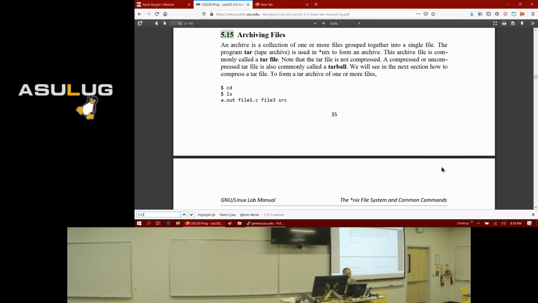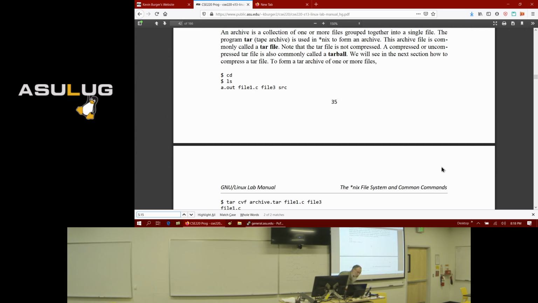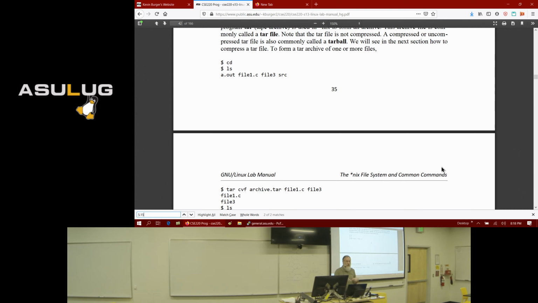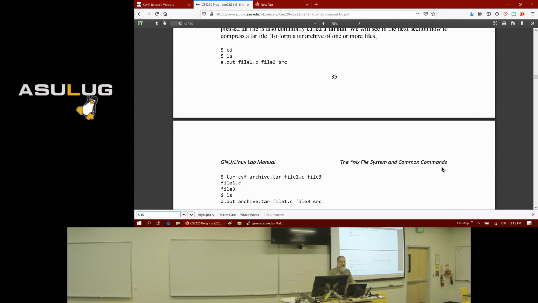So suppose, here's the example. I've got these files in my directory, and I want to create an archive, like a zip file, an archive. The standard way of creating an archive in Unix and Linux is to use a command which is called tar. tar stands for tape archive.